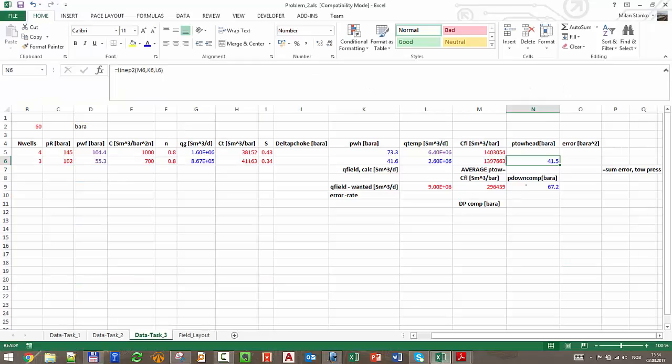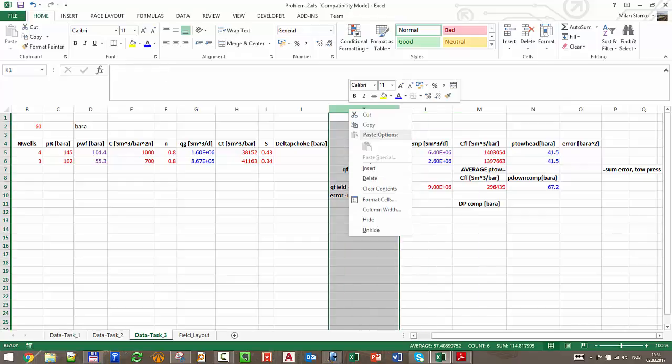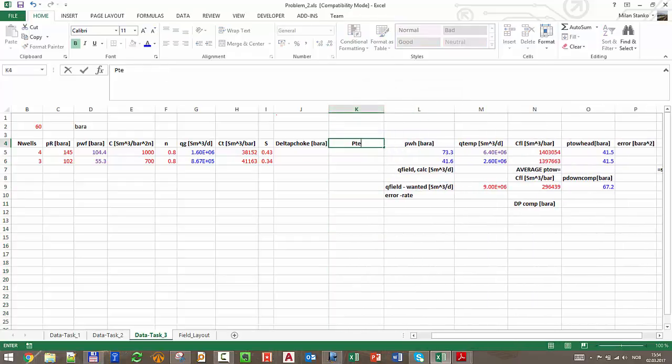So we have that P at the tow head, okay? I assume it's the same for template L, okay? Now I move backwards to the P of the template, and I need here one more column that will be P of the template. For the case of template L it will be just wellhead pressure. Okay, I have no choke. This should be in this color. But for this case, it will be calculated using line